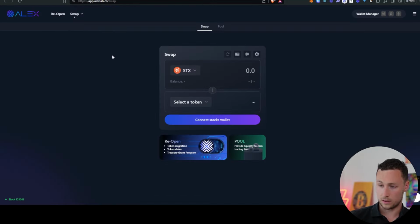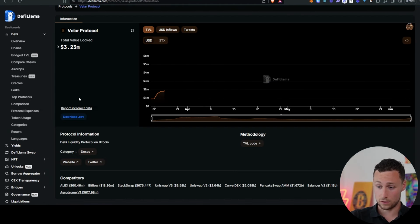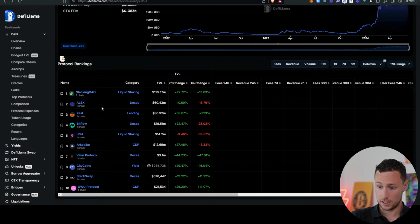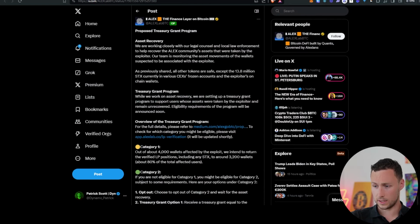All right, so with that being said, let's talk a bit about Alex. So Alex is the leading decentralized exchange. For a long time, it was actually the leading DeFi protocol of any kind on Stacks, and it's still the number 2 largest. However, they've run into a bit of trouble recently, and specifically, they ran into trouble in the form of there